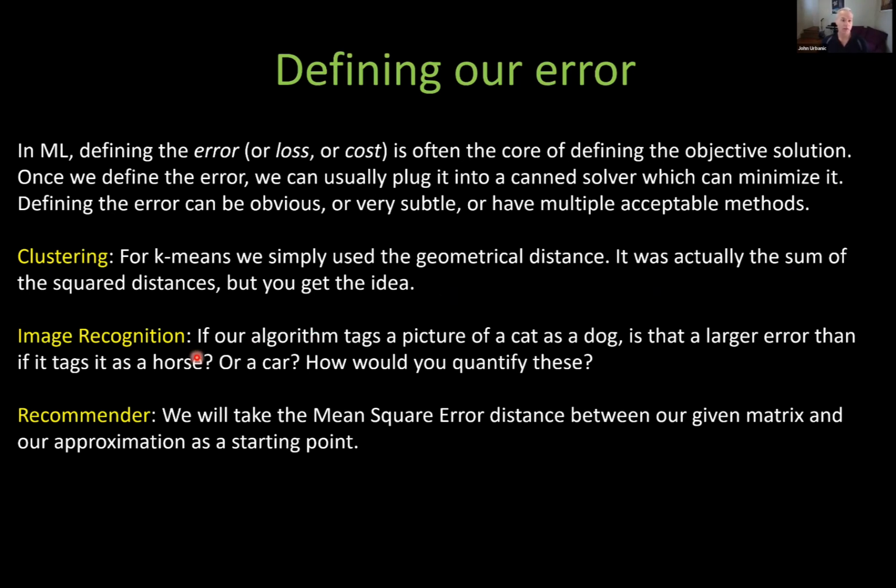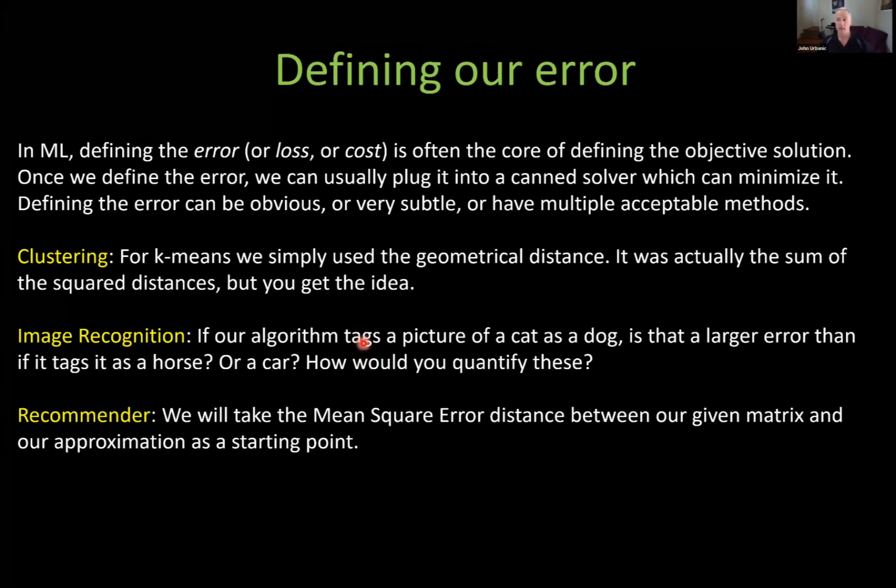For example, if we're doing image recognition and we're trying to tag pictures, this is something we're going to do this afternoon, and we try to tag pictures as a cat or a dog, well, we've got a bunch of animals that we might tag the pictures as. And so what happens if we tag a picture of a dog as a horse? Or say it's got lots of objects. What happens if we tag it as a car and we're really far off? How do you quantify, what kind of error number will we associate with this, missing the target, so to speak? And so we're going to find that defining the error isn't always obvious, and often we have multiple choices.